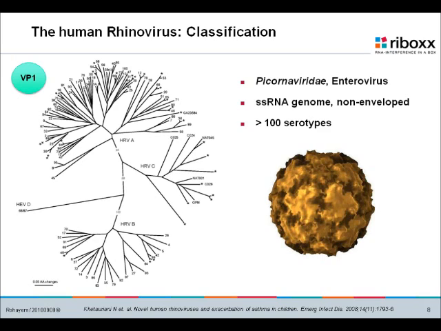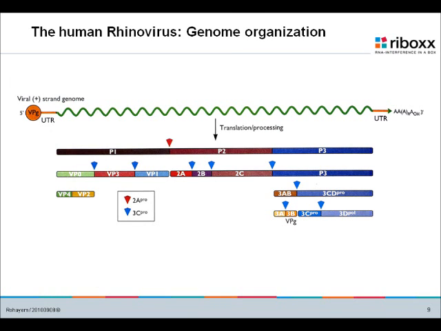So there is a need for something going beyond the classical small drug development, something that will really target many serotypes in the genome of the virus, and small interfering RNA may be an answer by targeting the genome of the virus. So this is a genome. It's a single-strand RNA. It's like a messenger RNA. You have a cap-like structure at the beginning, a single strand, positive-oriented, and a poly A tail at the end.